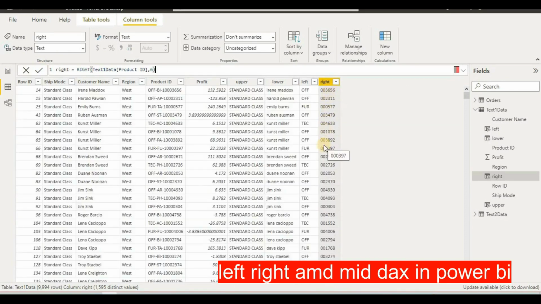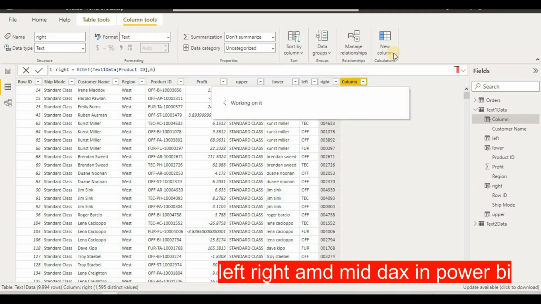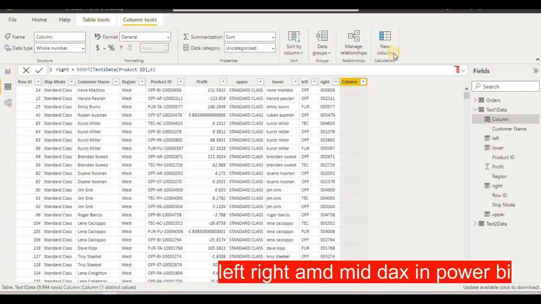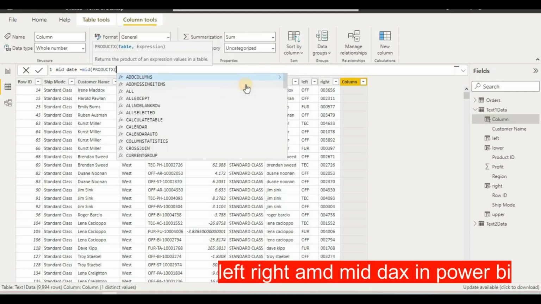So we have 6 characters here, and if we want to use the mid function here, in mid we have to give a start point from where we want to start and the number of characters which we need to find out from the list. So to find the mid data, we give the name and equal to, then I will type mid, then I will give the name of the table category which we want to find. Here we want to find out the product ID, and then